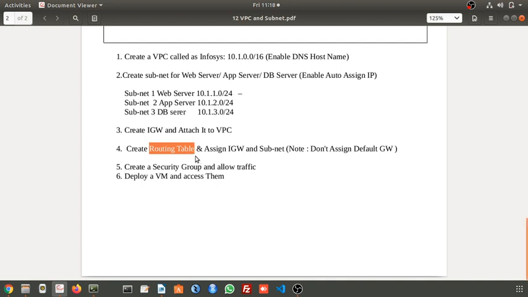So this routing table acts like a signboard. Whatever definition we provide in this routing table, as per this route, the traffic will be diverted to each and every subnet. If there is no signboard, we also cannot travel anywhere if we don't know the route. It acts like a signboard within that area.